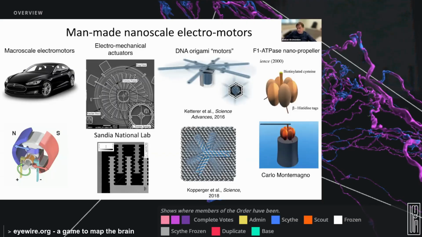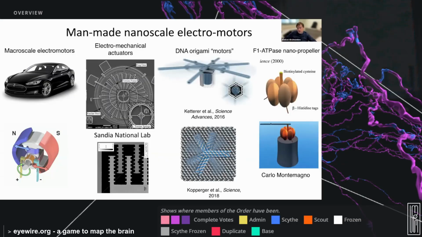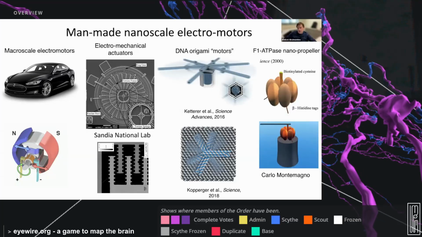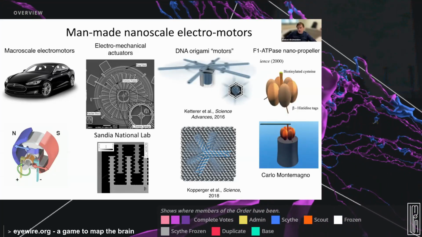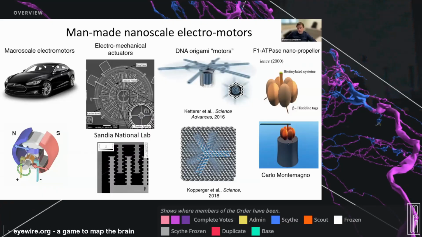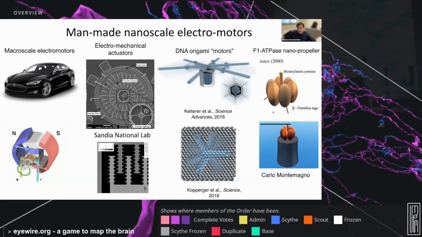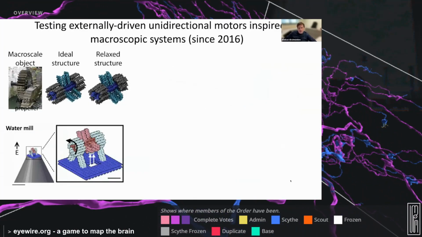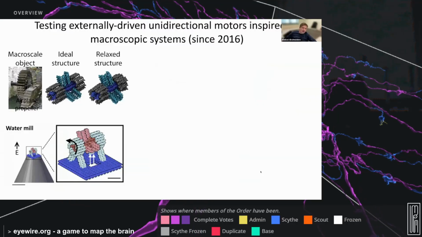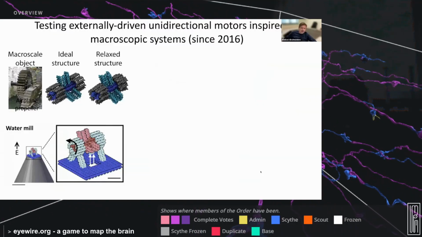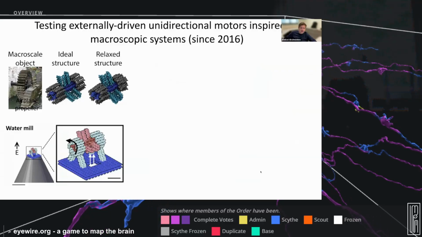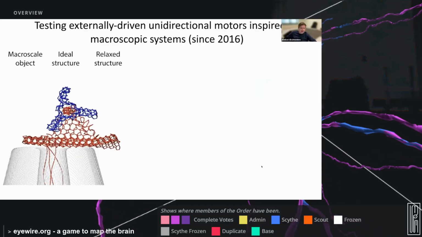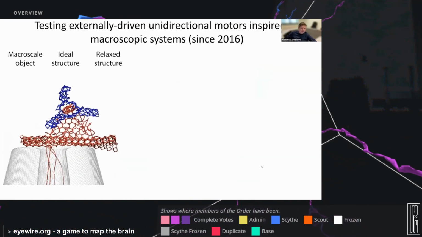And this pioneering work from Carlo Montemagno's lab shows that you can combine the soluble part of an F1 ATP synthase with a metallic post and actually see how it spins. It's a really fascinating thing. So we've been trying to build designs according to microscopic systems. One of our earlier constructs was this water mill, but it actually never worked because